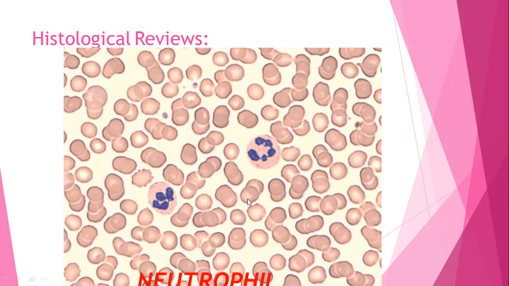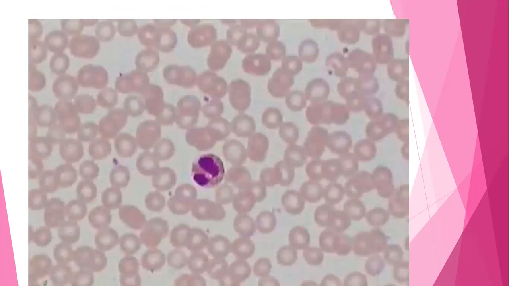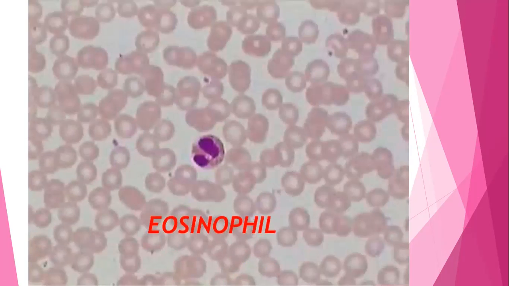Now these particular WBCs, the two are neutrophils. So we can see there are fine granules and a number of lobes of the nucleus, which are connected with chromatin filaments. And this is a basophil. So we can see dark violet color granules which are coarse in size, and we can't identify the nucleus. So this is the actual picture of a basophil. This is an eosinophil. So it is a bilobed nucleus, spectacle shaped nucleus.